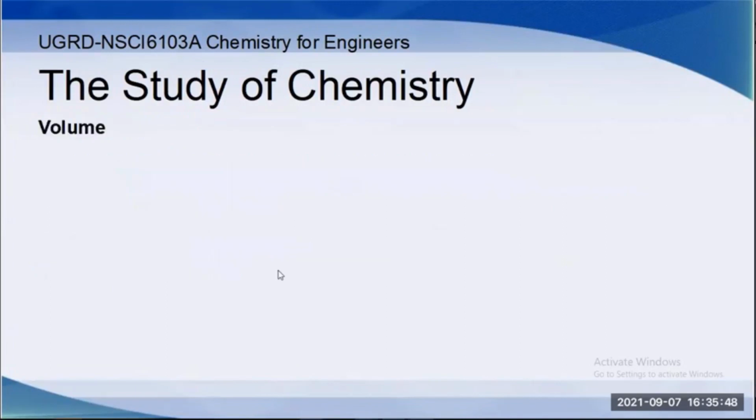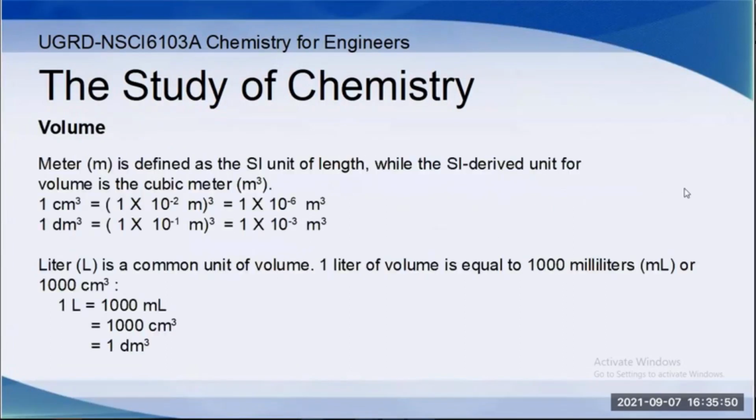Next, volume. Okay. So meter is defined as the SI unit of length. So the SI derived unit for volume is the cubic meter. So why did we say that the SI derived unit for volume is cubic meter? Let's take the